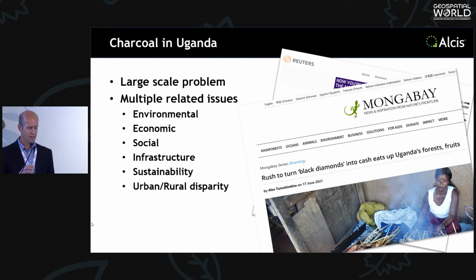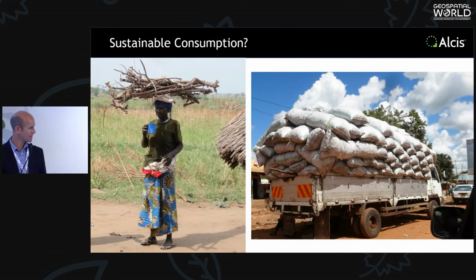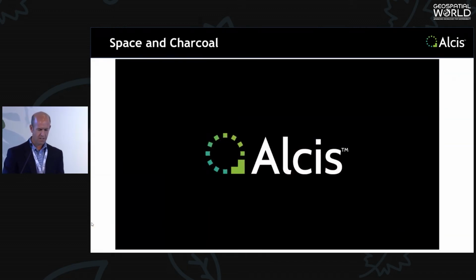80% of the people in the rural communities use firewood, 80% in the urban areas use charcoal. And there you see, I think this really illustrates the scale and the volume of how the different communities manage this commodity. In the villages, that is your unit of measure, what you can carry on your head from the bush back to your home. That's your supply of fuel. In the urban areas, clearly these big trucks are coming in, extracting the charcoal and taking it back to the city. So again, I've got a little video.